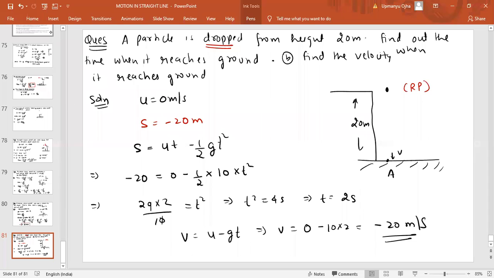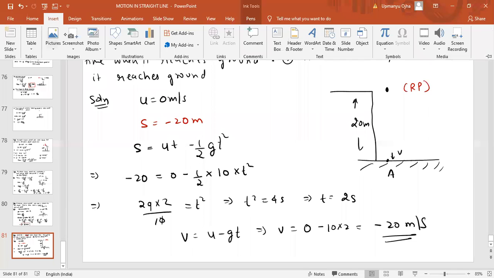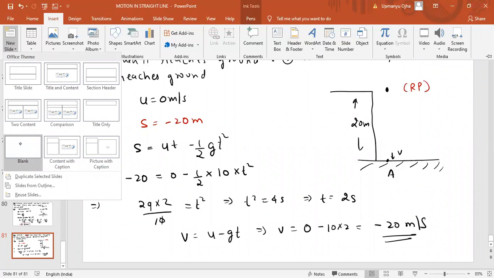Okay, one more problem we can do now. I will discuss the homework problem. Don't worry about that point. I'm just building the concept here of motion and gravity. If your concepts are good, you can solve the problem easily. But you have to develop the concept here. Okay, fine. Next problem, again, same condition.